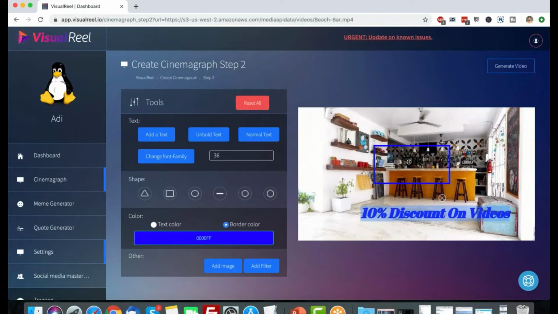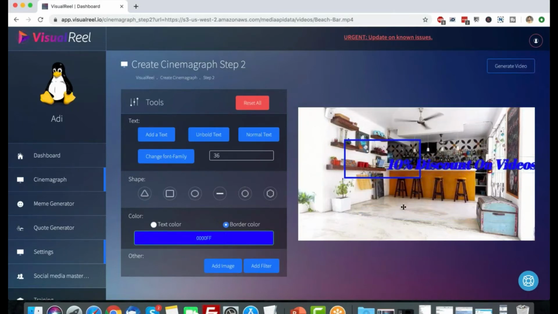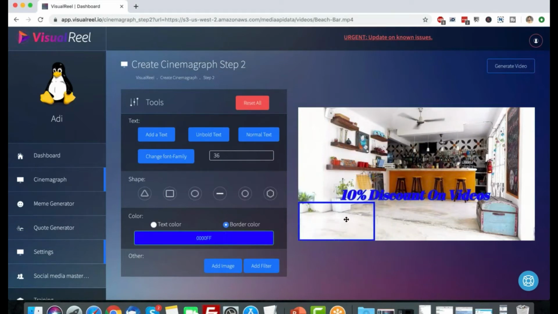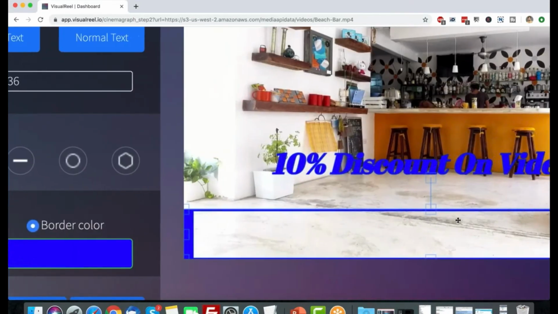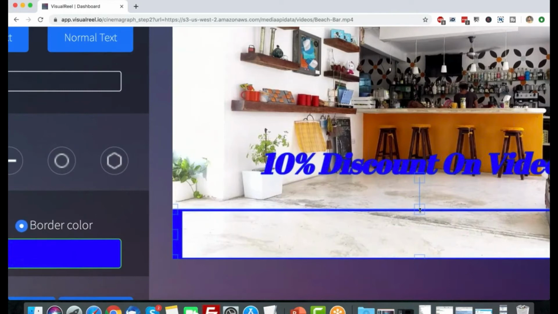I can drag and drop both of these wherever I want. Okay, so I'm going to drag this at the bottom here, and I'm going to resize this. So I'm going to make it small, and then I'm going to increase its length like this. Super easy. As you can see, there are these small square boxes over here. These are used to increase or decrease the length of the bar. I can click and drag these boxes to make it smaller or bigger as I want.